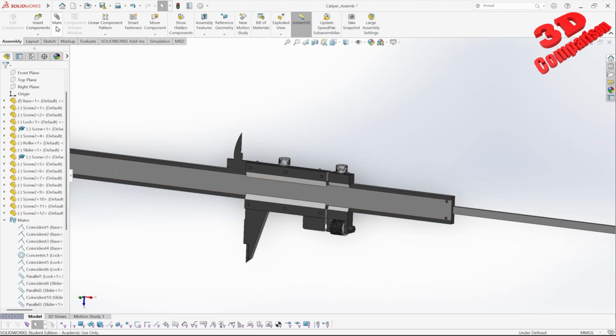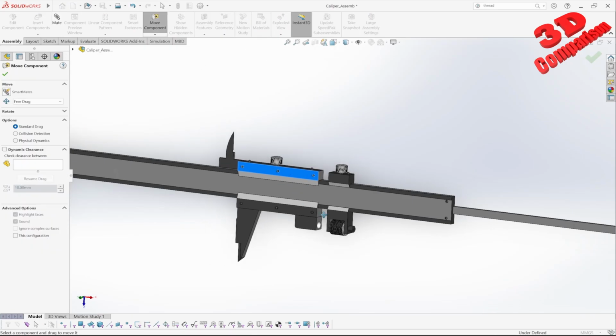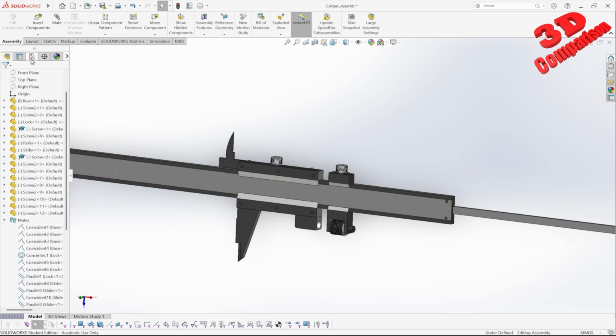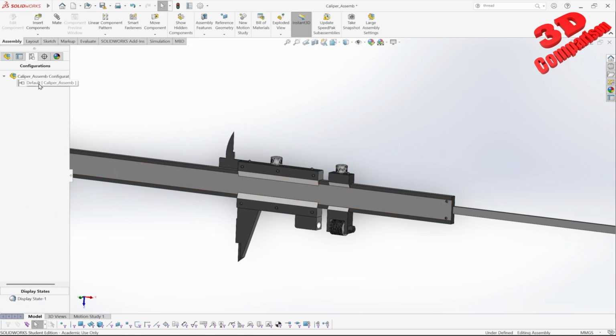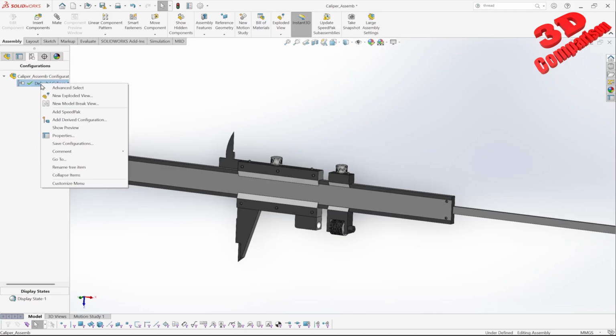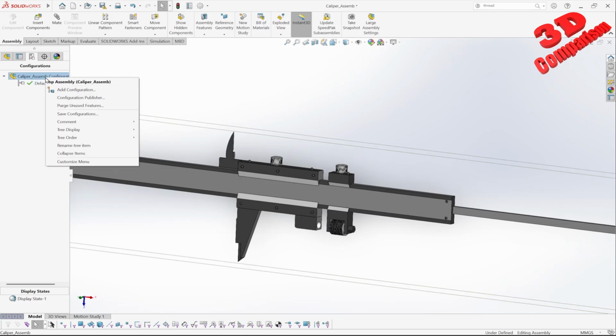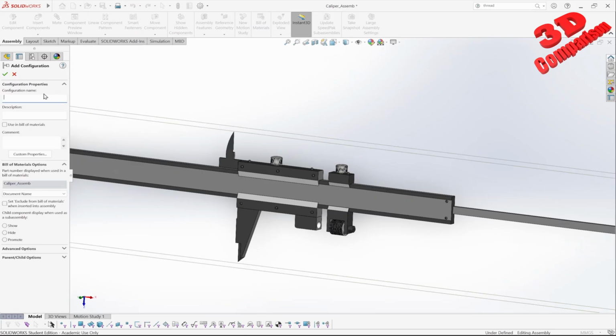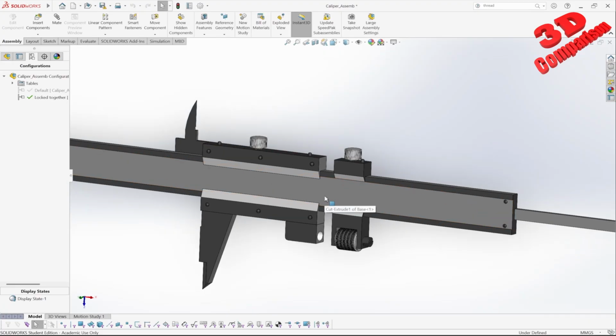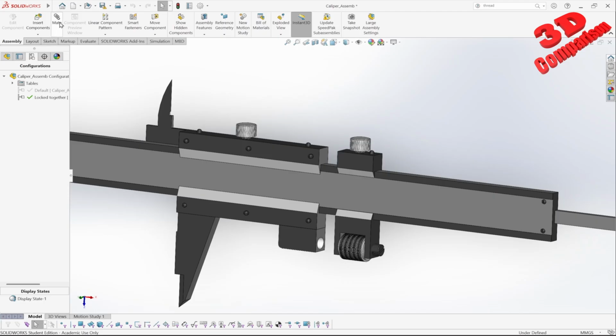Let's say that we want both sliders to move together. One solution would be to just link those within a mate, but we can go over here within configurations. This will be the default where nothing will be linked. I can go over here and right click and I can add a new one. I'm gonna type in lock together. I think this is the correct spelling. I'm gonna hit OK. And within the lock together configuration, which is now active, I'm gonna go and I will